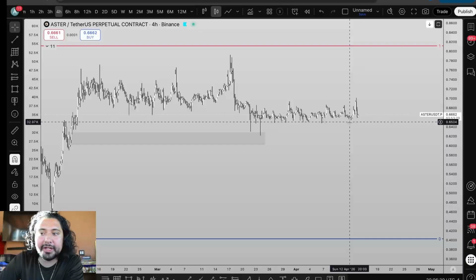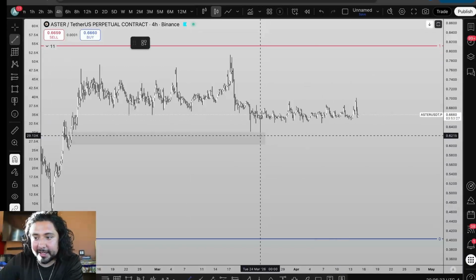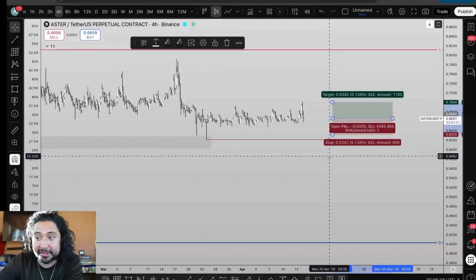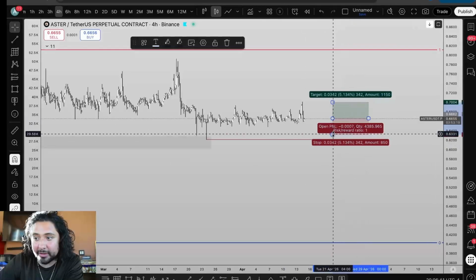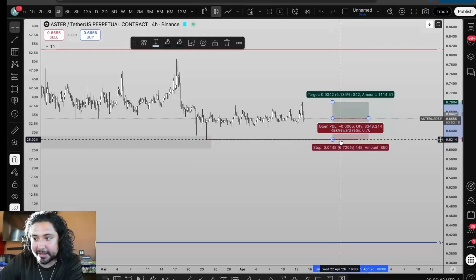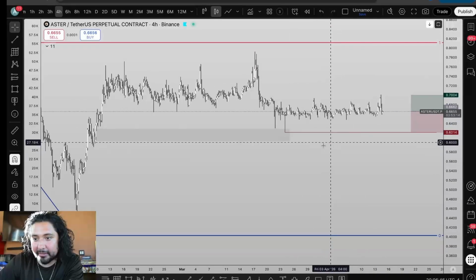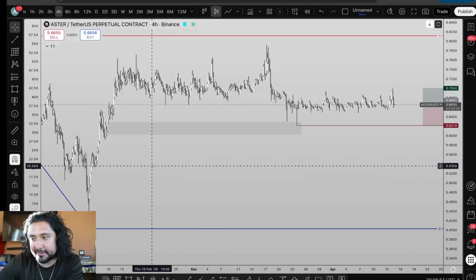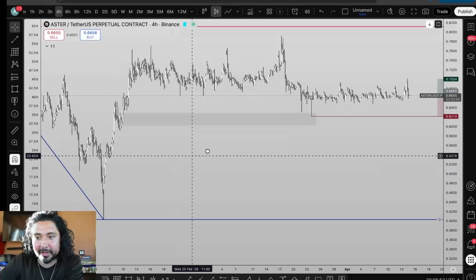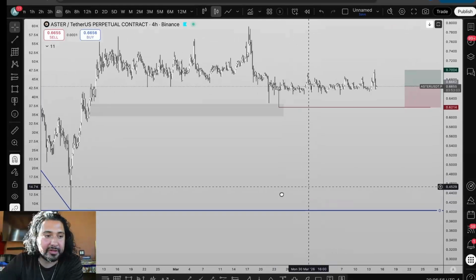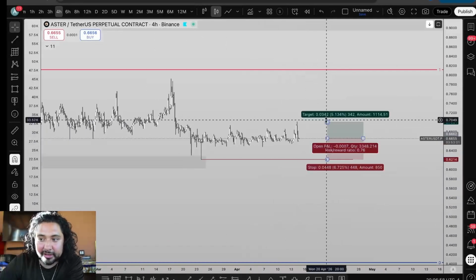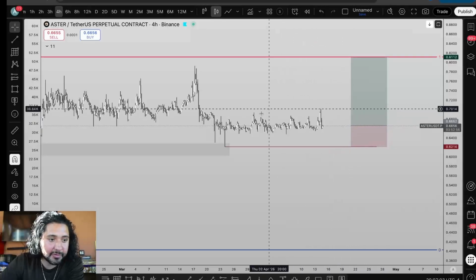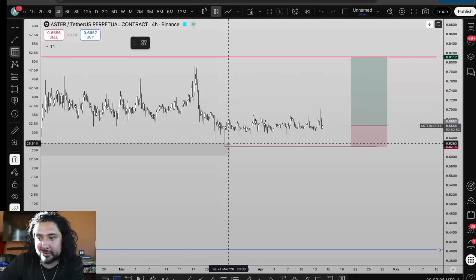So this looks pretty obvious to me. And this is why I like Aster right here, because this is probably the only trade where I say you could probably get into it now, because if we get a 4-hour close back underneath here at $62, how much more do we need to go down, right? The next logical area is at 53 to 55, this area right here, but I don't think this is gonna hold. We're gonna go straight to fill this wick. But this is the only trade so far where you could probably get into it right now as you see this. If we're still in this consolidation range,